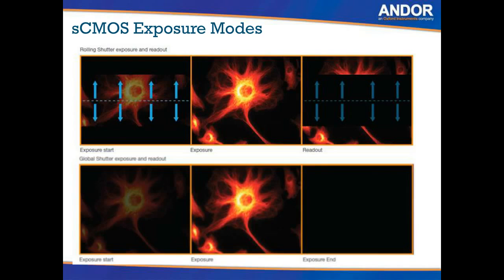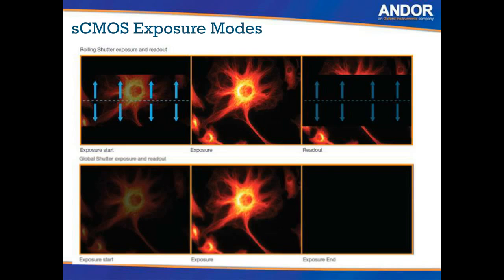Now, if you're not doing, for example, synchronized light sheet, and you're looking at very, very dynamic, large, moving objects, the rolling shutter mechanism might not be ideal for you because it could cause distortion. You might see a wave instead of a straight line if you were looking, for example, at blood flow. So in some applications, if you're looking at very fast flow movements, the movement of the rows might not be fast enough, and therefore you see distortion in your final image. However, if you do want to synchronize the rolling shutter mechanism with your light source, this is the ideal method